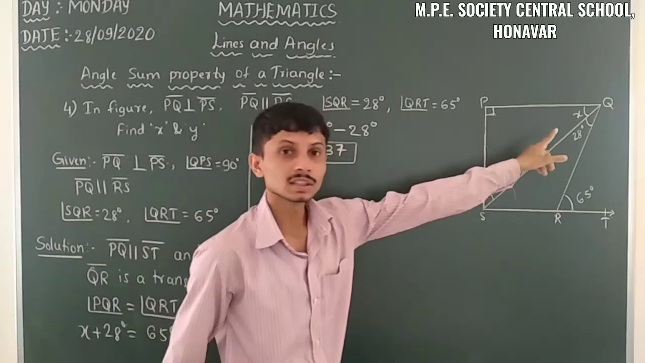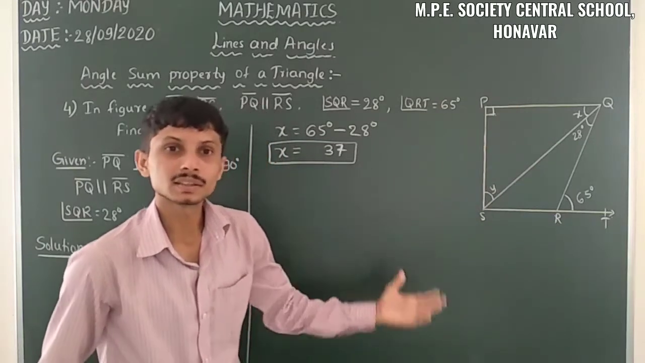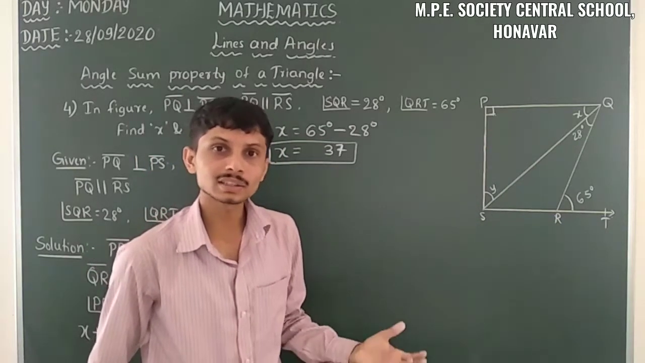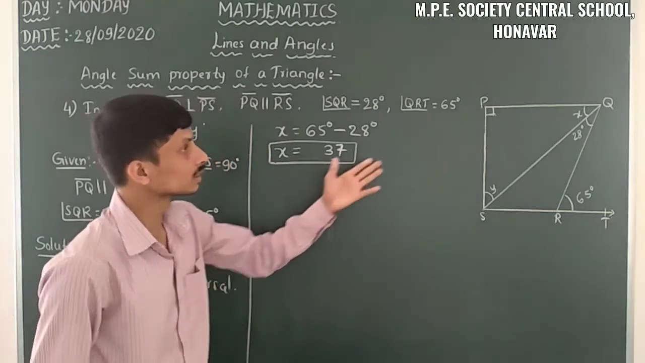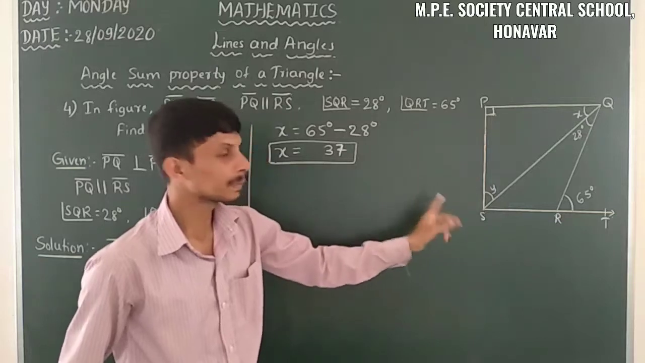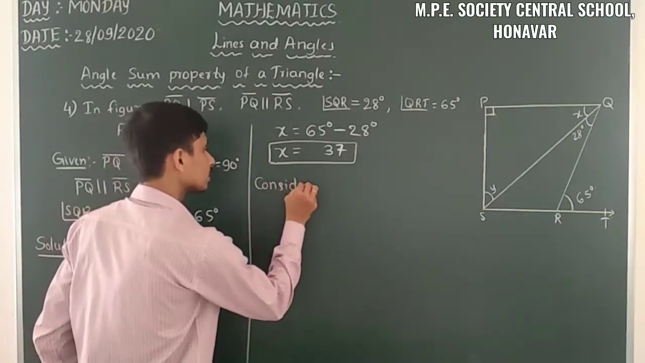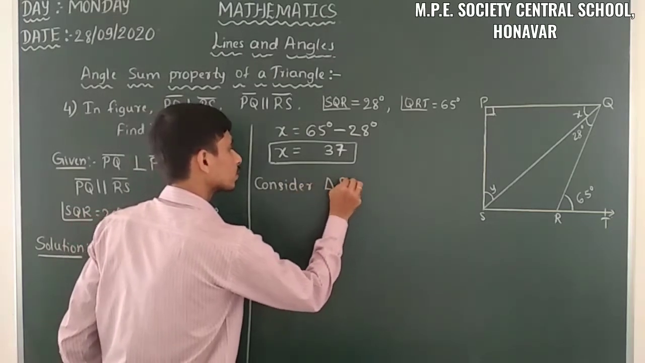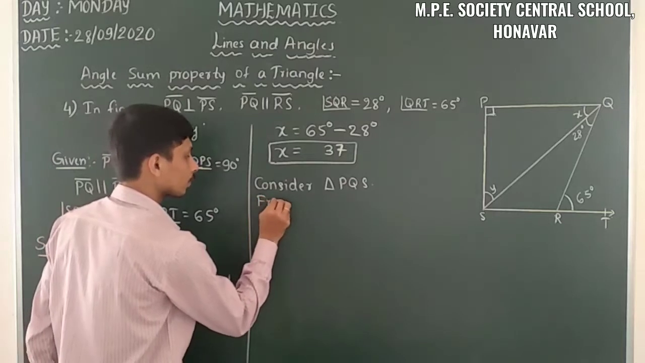Use the angle sum property. From the angle sum property, the sum of interior angles of a triangle is 180 degrees. So consider triangle PQS. From the angle sum property,